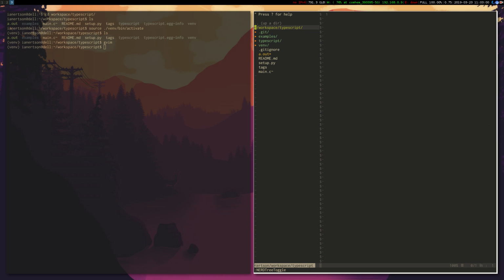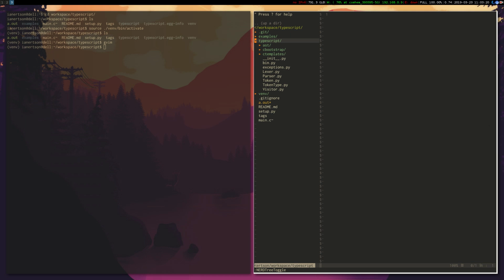Maybe I will rewrite this TypeScript to C converter in C later. I don't really see a point of that though, other than I just like to program in C more than Python. But anyways,